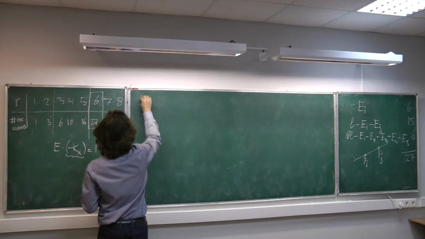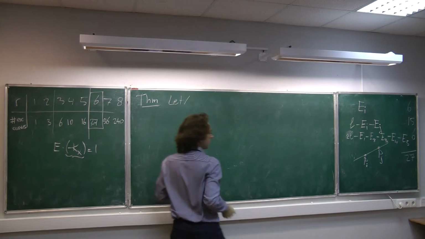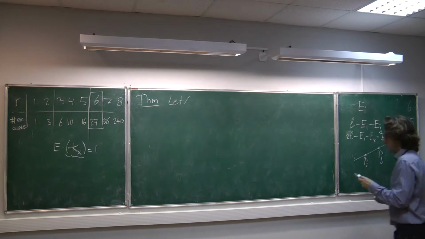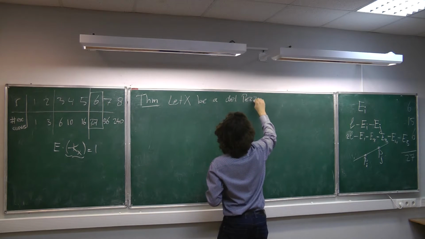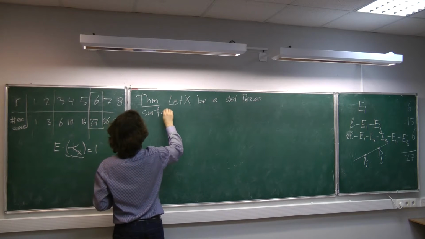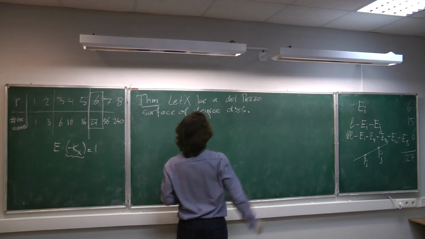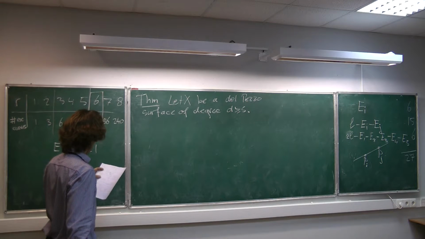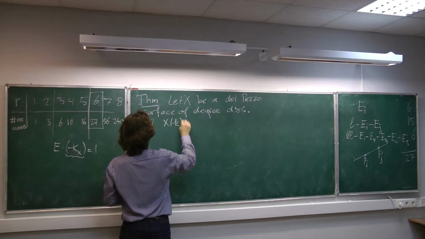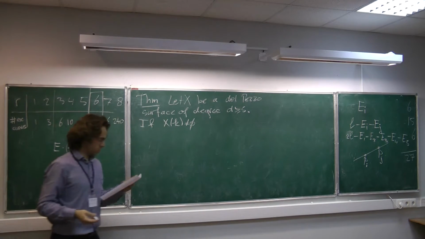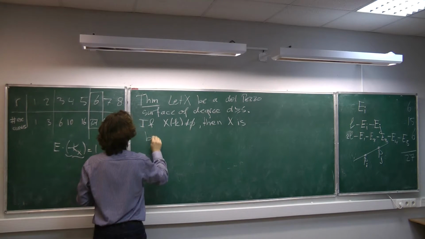So here's a theorem. Let X be a Del Pezzo surface of degree d at least 5. So I will not prove this all today, but we'll just do it case by case. If X has a rational point, so if the set of rational points is not empty, then X is birational